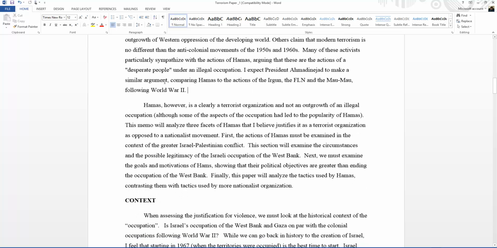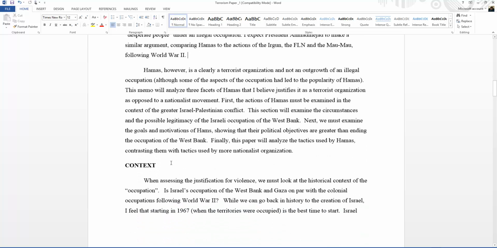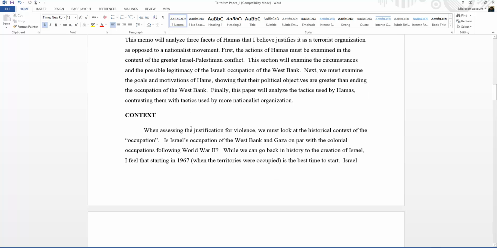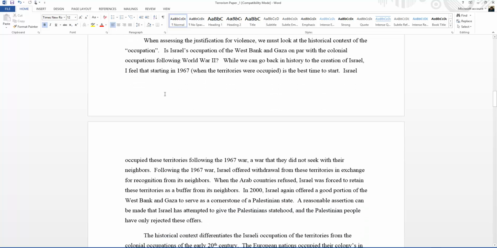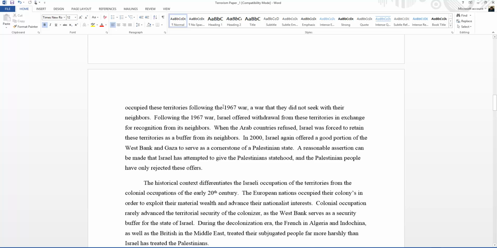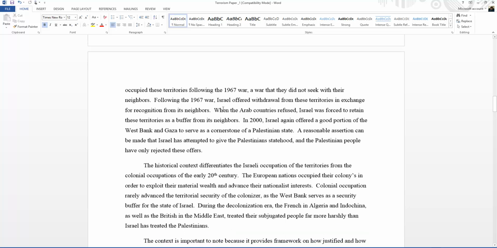So what this paper is and how I want it is, I want you to choose three of those facets that I think distinguish your argument. So in this case, he chooses the context, and I'll let you go ahead and read this. But he chooses the context to explain that, yes, Hamas is, first example, a far different historical animal than the FLN or the Irgun or any of those